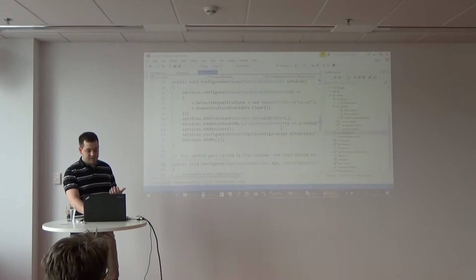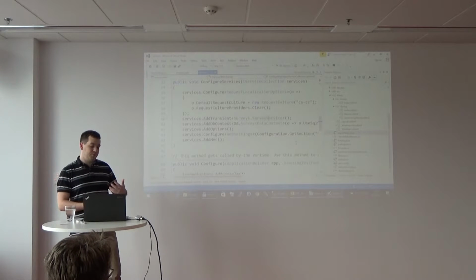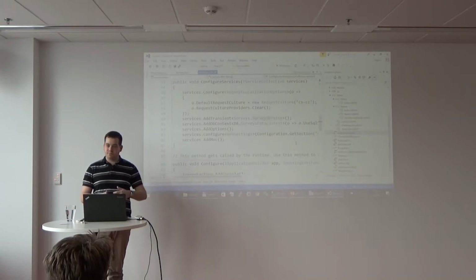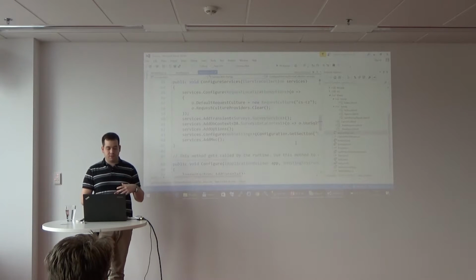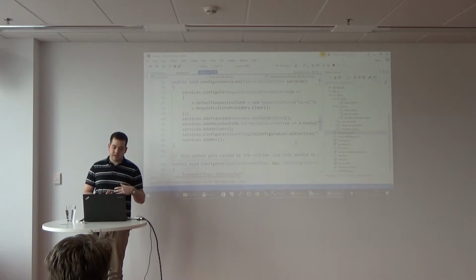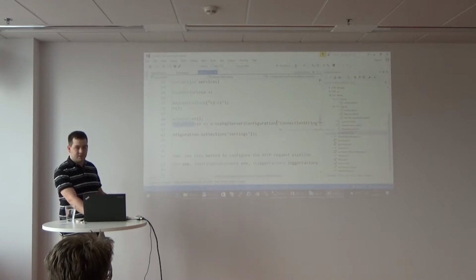So this survey service requires a survey data context in the constructor, and from this point, just by writing these few lines, I can read the connection string from the configuration file. I can set it up so that if anyone wants a survey data context, it will be delivered using the connection string from configuration.